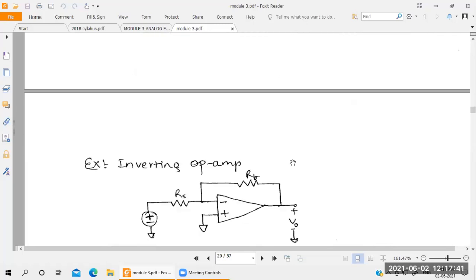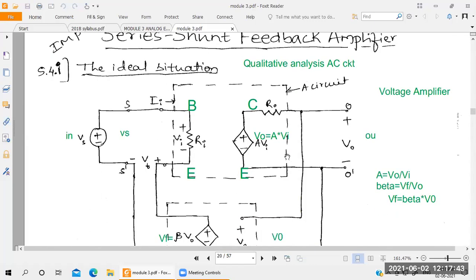So next we'll move on to the derivations here. Based on this, we have to go for the derivation. First, take series shunt. This is very important here. Out of the 4 amplifiers, 1 is sure for the examination. So they will ask for the